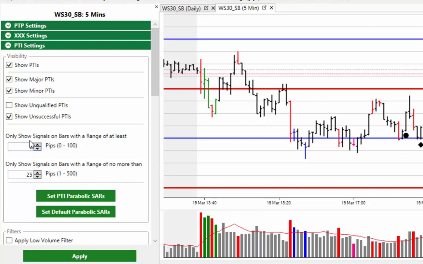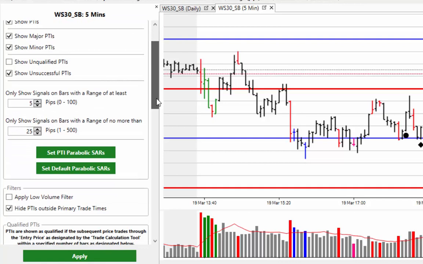So for the PTIs, I'm using at the moment 25, not greater than 25, and not less than 5 there to actually produce the signal. Also got this apply low volume filter. I have that removed at the moment during the testing phase. That has been removed. And then this bit in the middle here, we've got the option, because in combination with